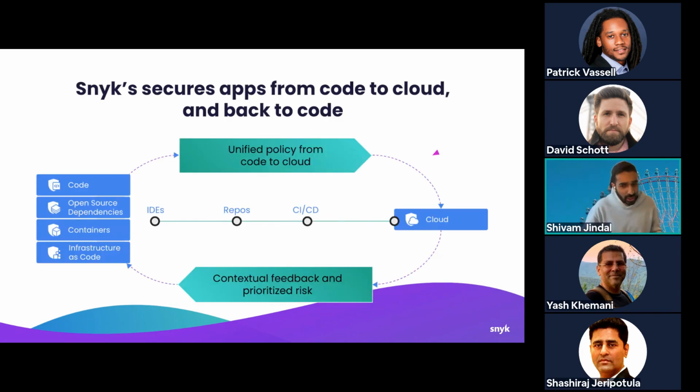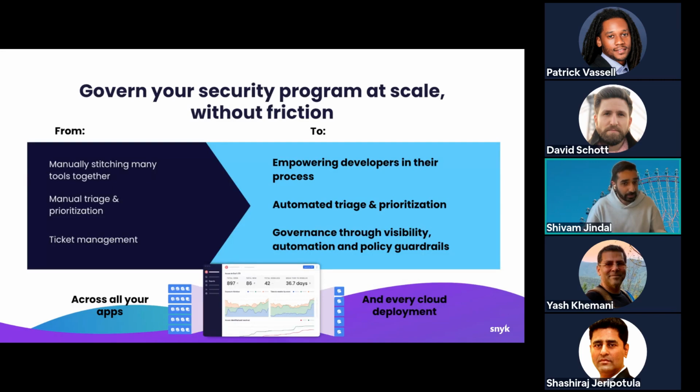And this kind of shows you to the point of prioritization as well, right? We can bake ourselves in to any step of the process, whether it's the IDEs, the repos, the CI/CD process, but we can also take that cloud context back into account to prioritize risk within the issues and vulnerabilities that we find as well.